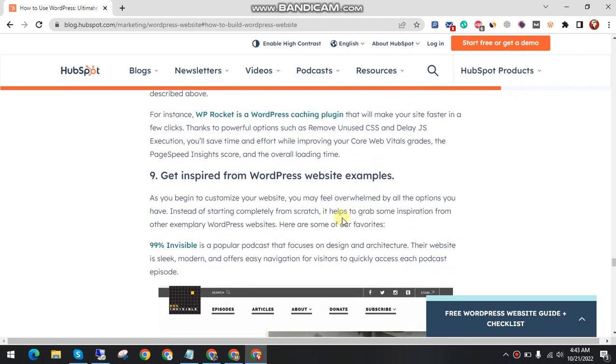The next step is get inspired from WordPress website examples. As you begin to customize your website, you may feel overwhelmed by all the options you have. Instead of starting completely from scratch, it helps to grab some inspiration from other